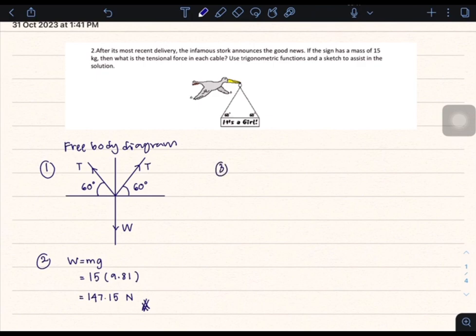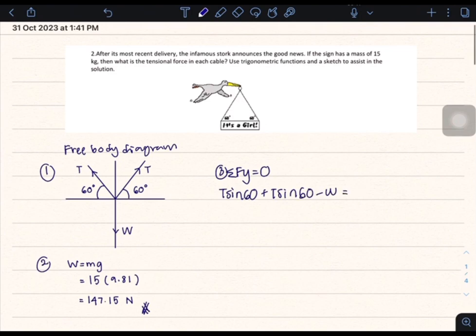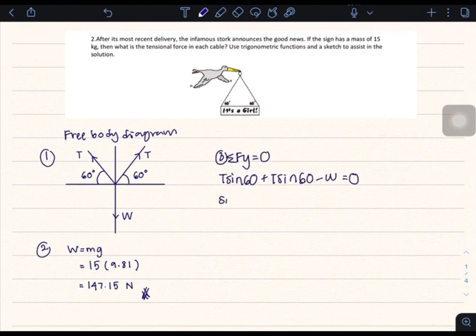Since the x component doesn't have any force, we just calculate for the y component. The y component total is equal to 0 since it is in equilibrium. So we know that the y component consists of T sine 60 plus T sine 60 minus the weight equals to 0. So we can factorize the sine 60 and we will get tension plus tension, like this, minus, we can add the value of weight here, that is